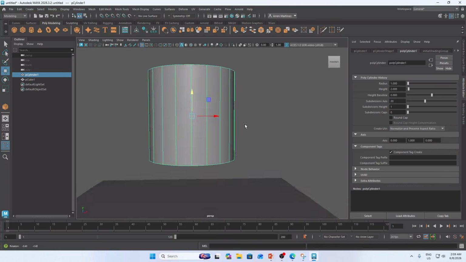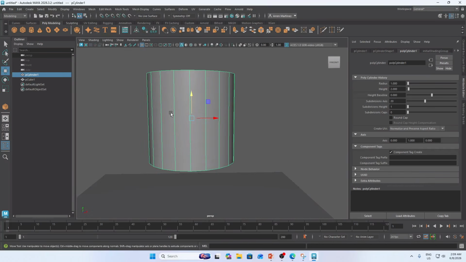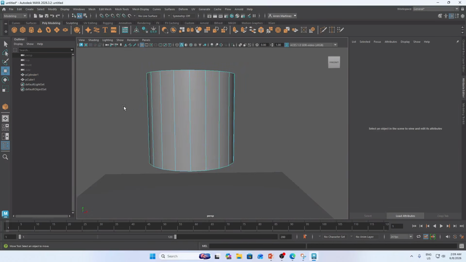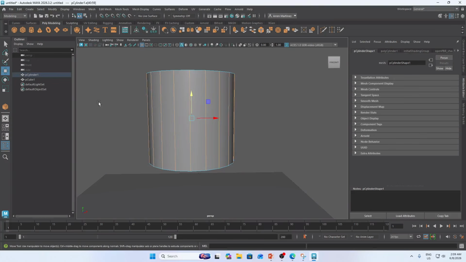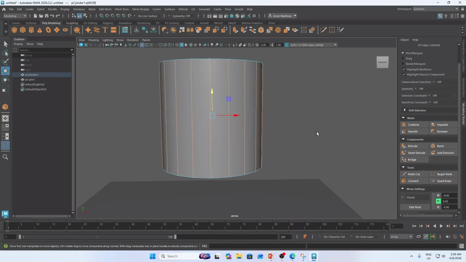Now I need to highlight this edge horizontally, and then go into the modeling toolkit, click connect, and enter. What's the purpose of this? You can modify the shape if you want to make it somehow realistic.